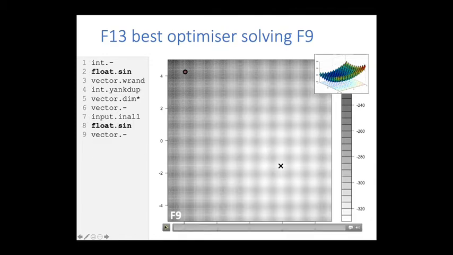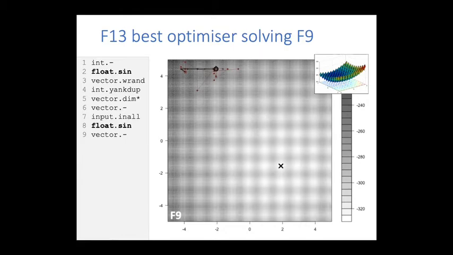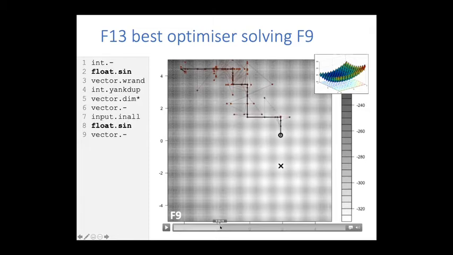And this animation here is going to show it being evaluated on the F9 landscape, on which it wasn't trained, at 2 dimensions, because it's hard to visualize 10 dimensions. And if I speed it up a bit, you'll see this trajectory moving through the landscape. And you see it's managing to successfully jump over these local optimum basins within the landscape. If I go over here, you see it kind of finds the target.